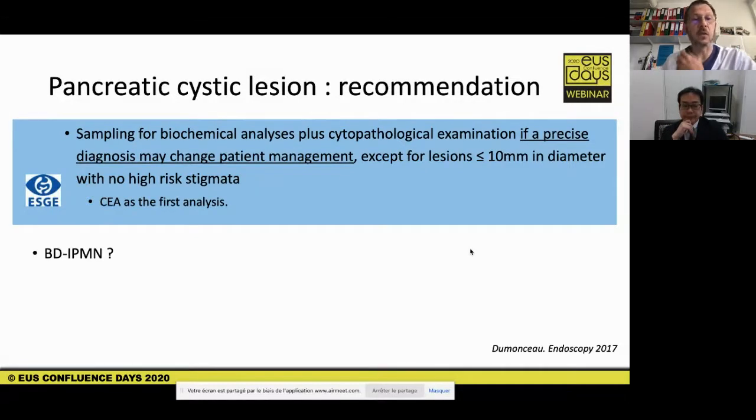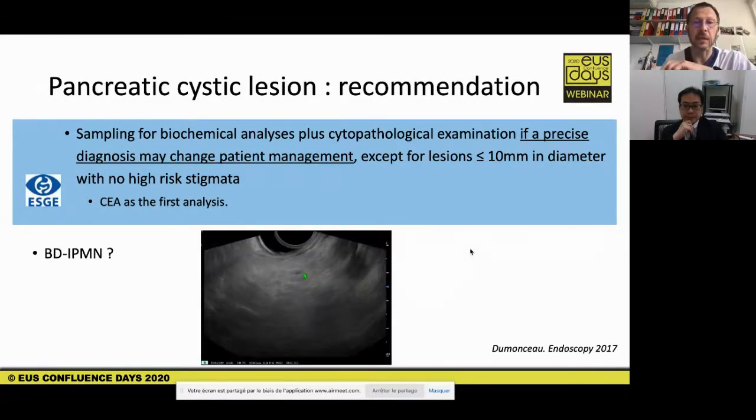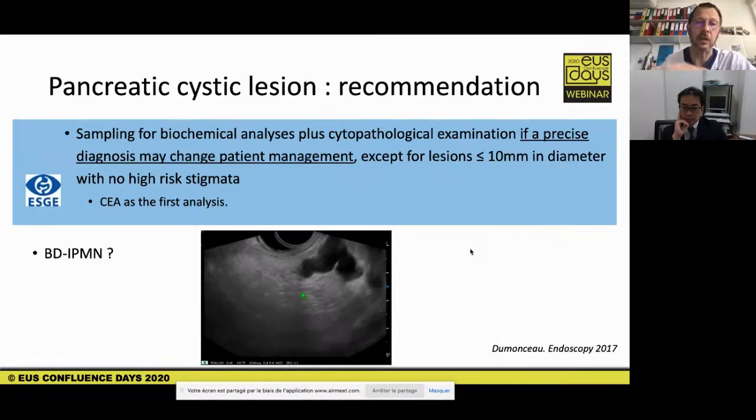What about the branch IPMN? I told you that, from my point of view, in most cases the aspect of the IPMN is quite obvious, like in these cases where you really see well the connection duct with the IPMN, which is already grape-like in shape, and the connecting duct, which is the proof of an IPMN. However,